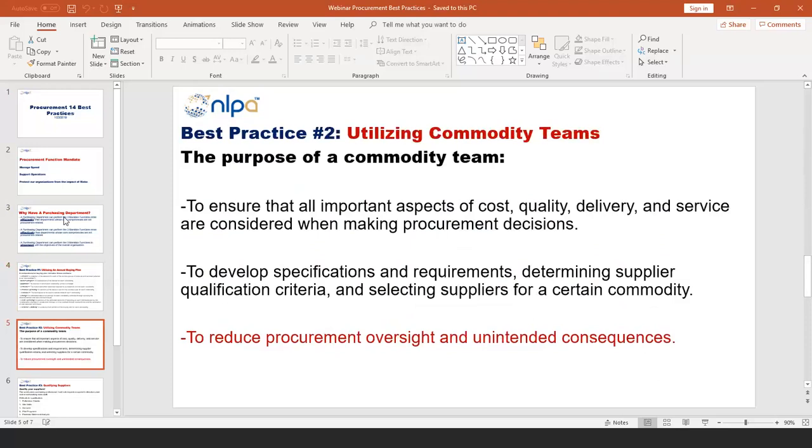The purpose of a commodity team is to ensure that all the important parameters and aspects of cost and quality and delivery of your materials that you're supposed to procure in support of operations, that the effective decisions are made, and there's a degree of collaboration. I mentioned in one of the other webinars that companies that are best able to collaborate internally and externally, so collaborate across